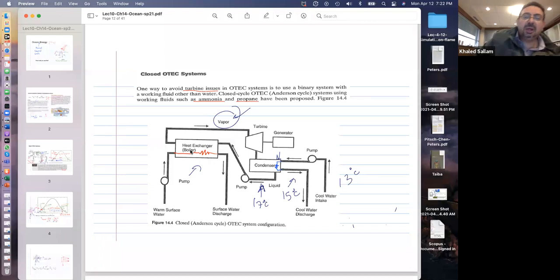And so to start with, we already have a small temperature difference to work with in the first place between the surface hot water and the deep cold water. The difference was not that big. So now with two heat exchangers,